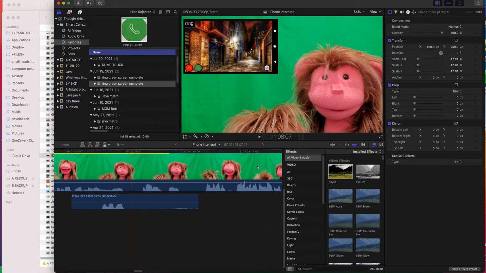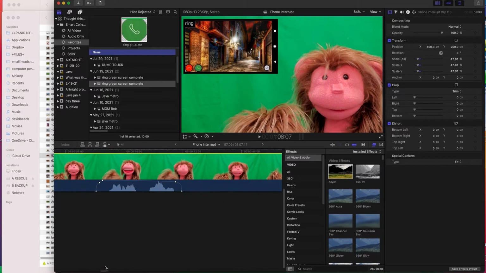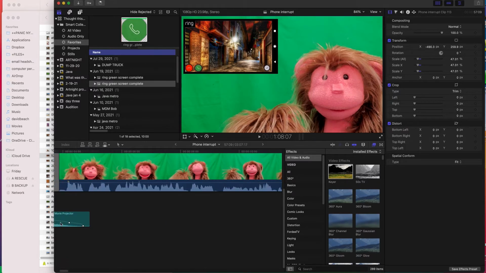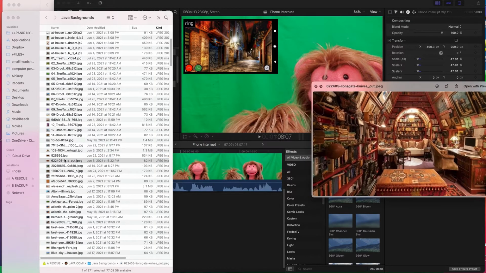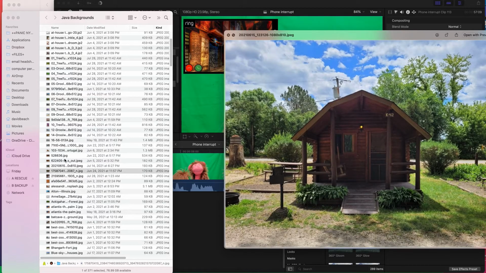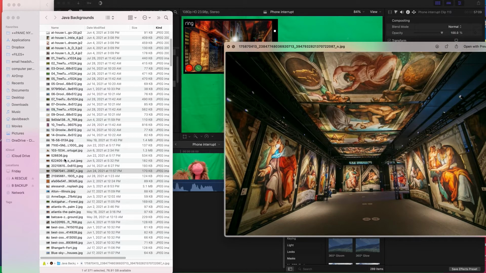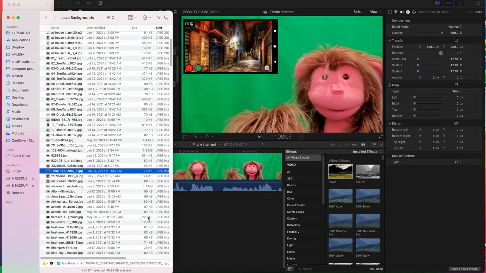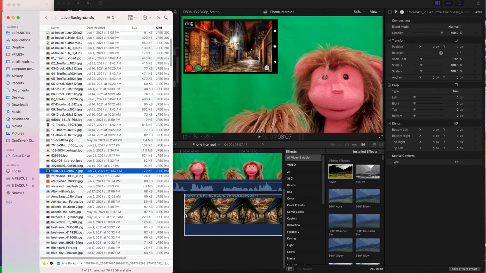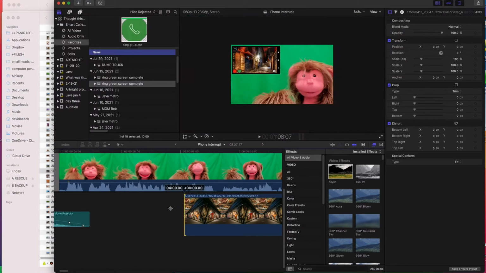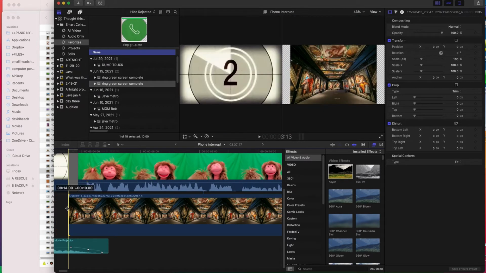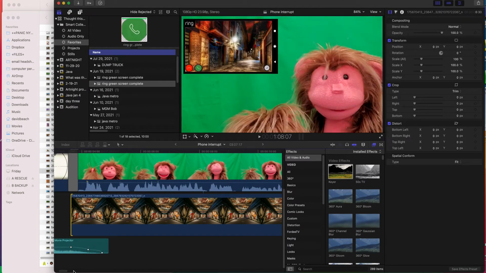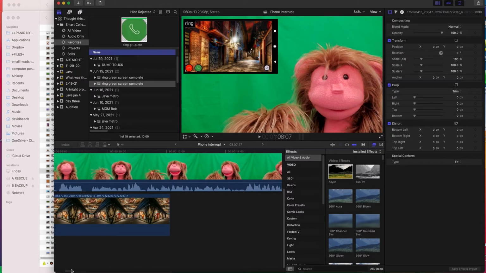Now, what I'm going to do is I'm going to give Java a background so he can have someplace inside his office. Go over to my pile of Java backgrounds, take a look and see what we have. That's a nice one. That's outside. Oh, you know what? Let's put him inside the Sistine Chapel this time. I'm going to drop that below him. That'll bring right there. Open that back up. Slide this over to completely fill where Java is. Take it a little further so it's in the transition for the next frame. And then shrink down